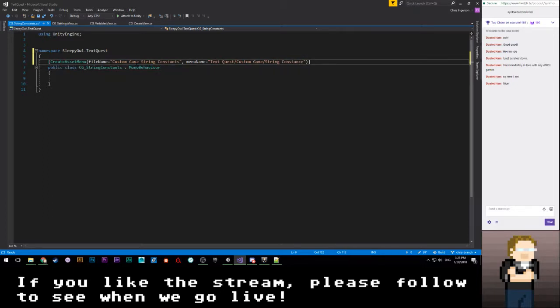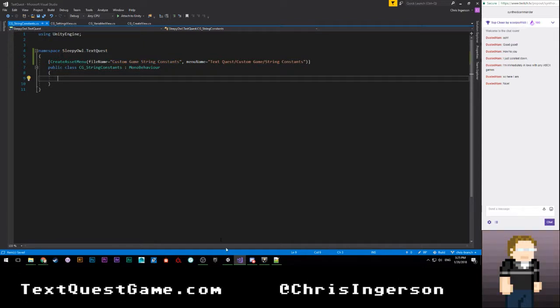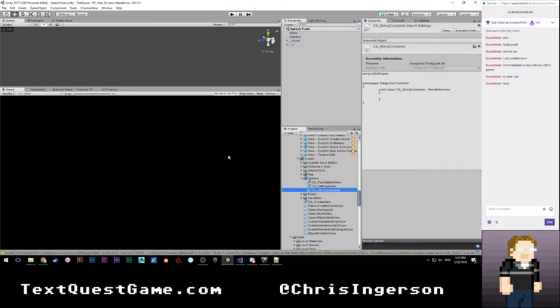All right. Wow, I spelled constants the wrong way. Okay. So let's go ahead and let that compile real quick. Oh man, this is going to be a pretty editor-heavy thing, I think.